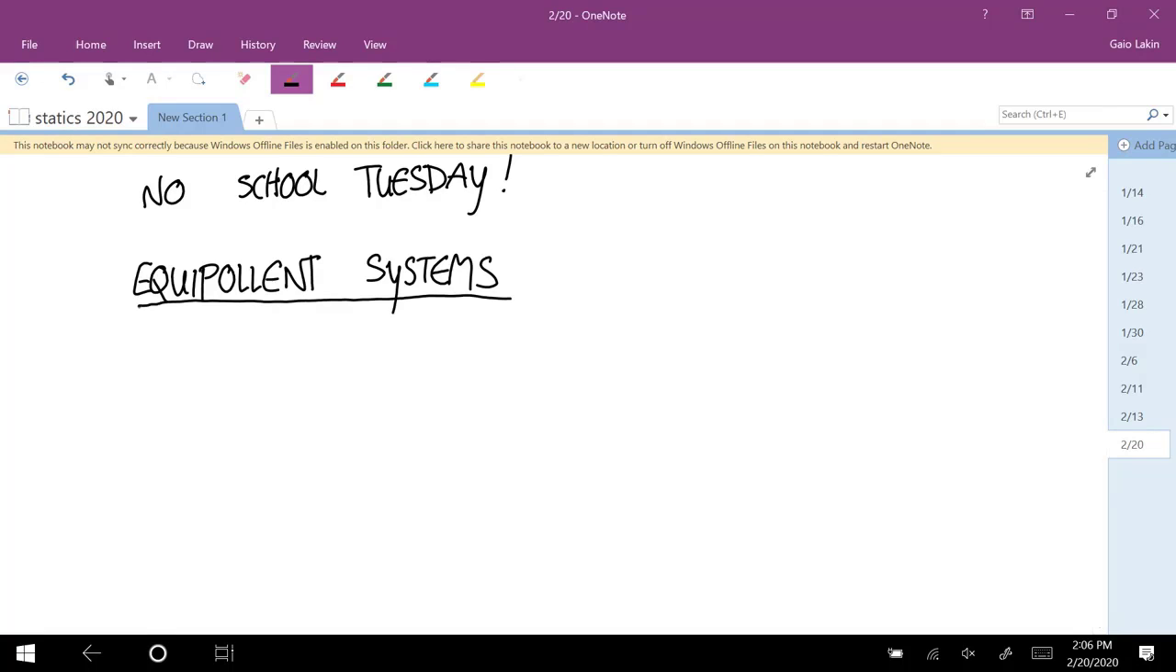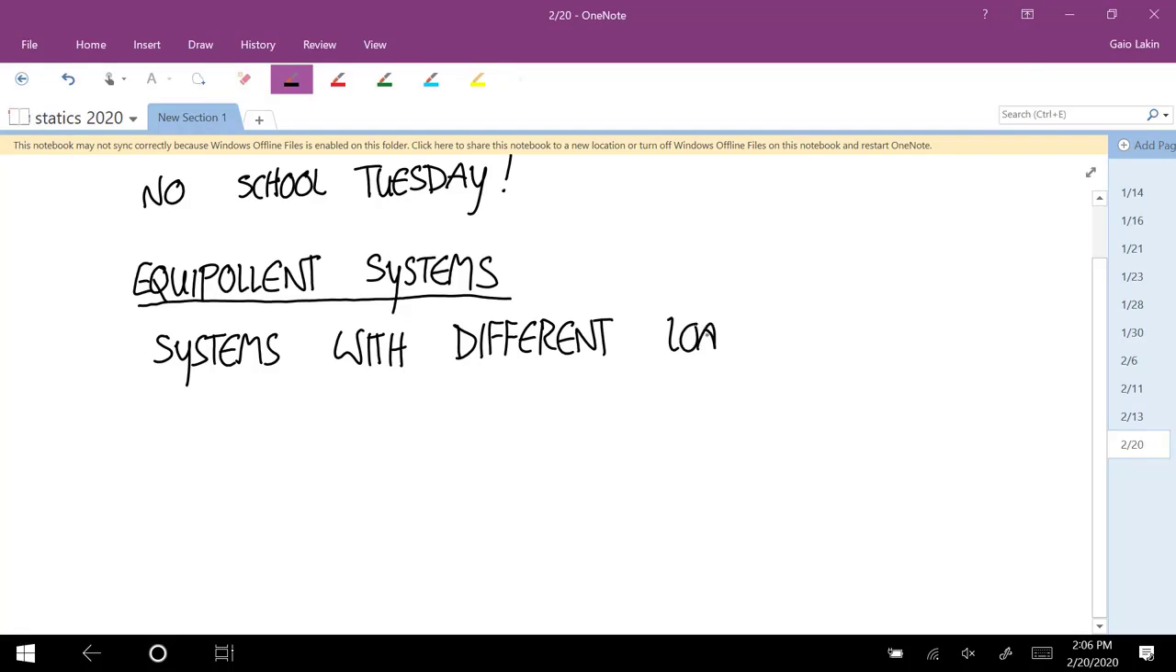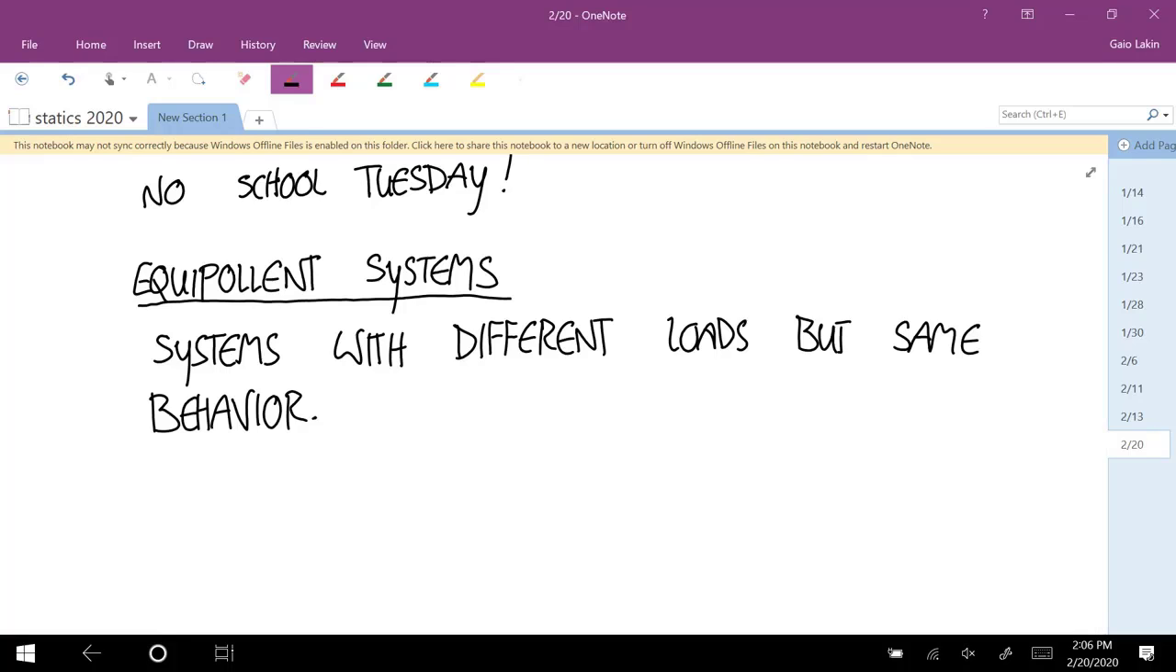Equipollent systems are systems with different loads but the same behavior. And it turns out that with rigid bodies, there are a lot of times that replacing one set of loads with another set of loads makes your calculations easier. And so with rigid bodies,